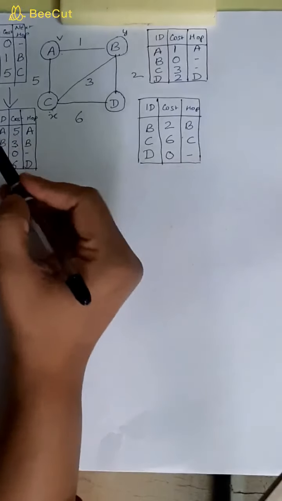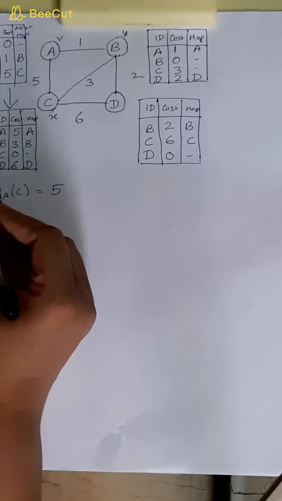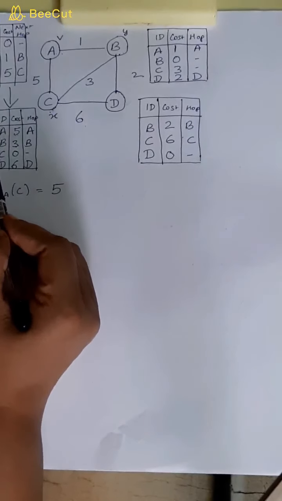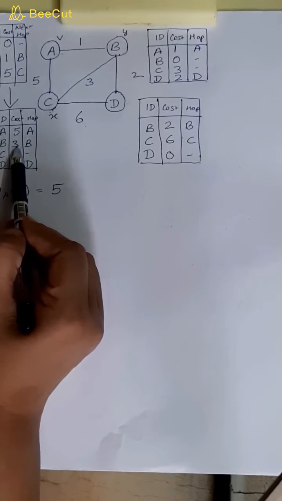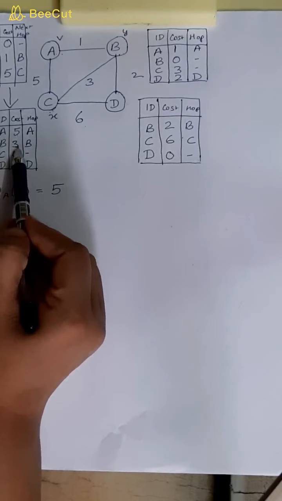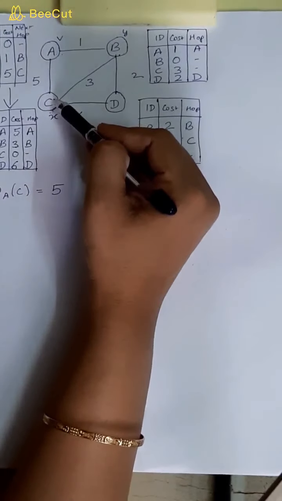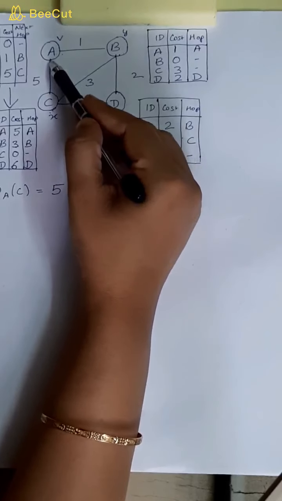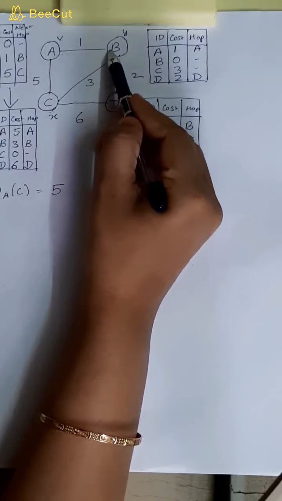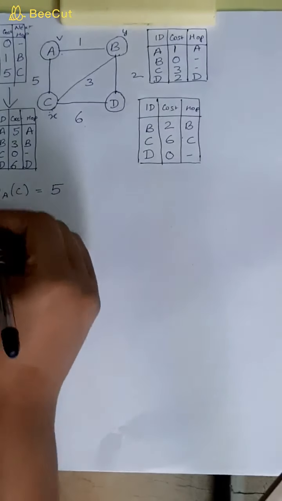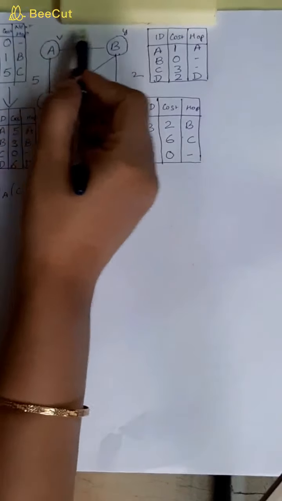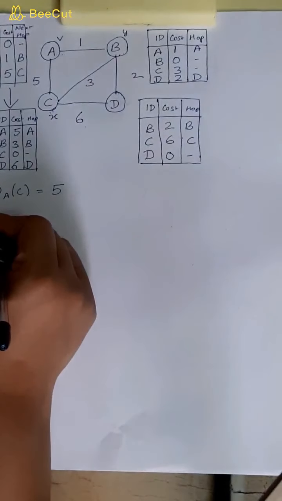So what will happen here, if you'll check 0 plus 5, it will be 5 only. So there will be no difference. 1 plus 5 will be 6, okay, which is greater than 3. So in that case, see, to reach B from C, we are having this scenario, 5 plus 1. Okay, that means what we have to do, if we see, this is X, this is V, this is Y.